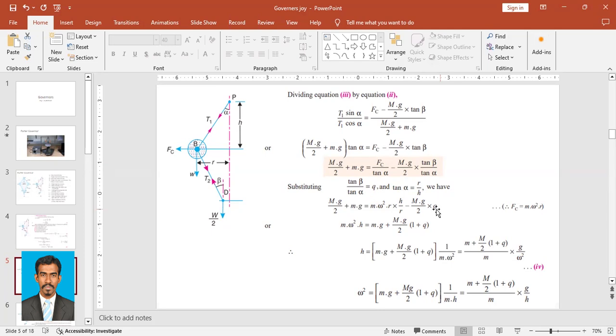So let's solve it. m omega squared into h. Why? This r and this r will be cancelled out. So m omega squared into h equals,